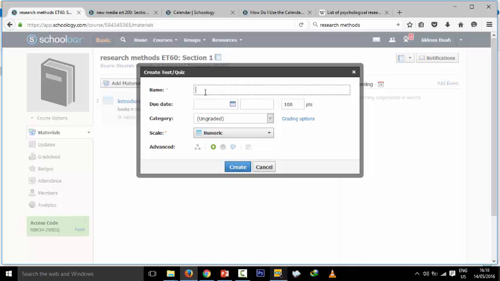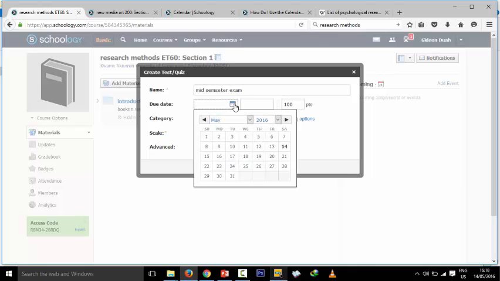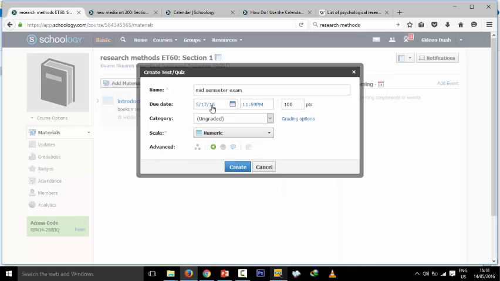If this quiz is for the mid-semester period or a weekly quiz, so let's say mid-semester exam, and you can as well choose a date. So I want this particular exam to take place on the 17th of May. I click on the 17th of May, and this is the due date, and here you give the number of